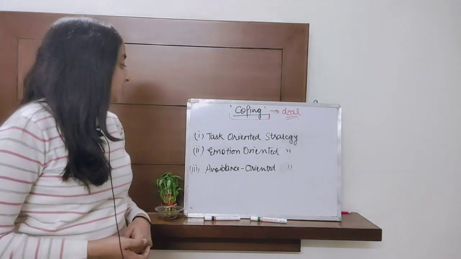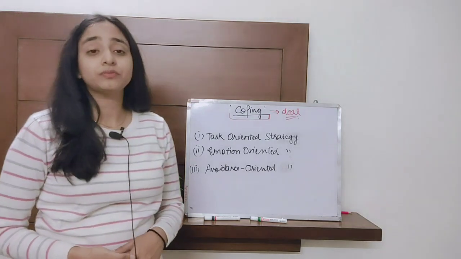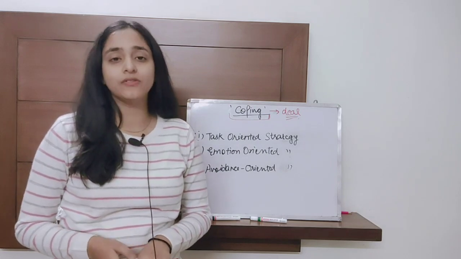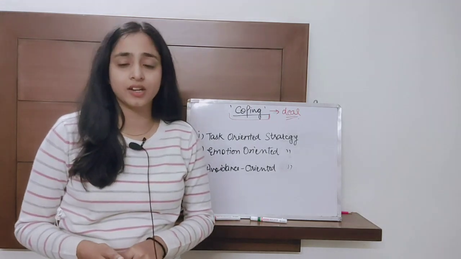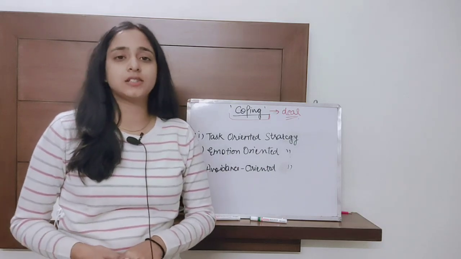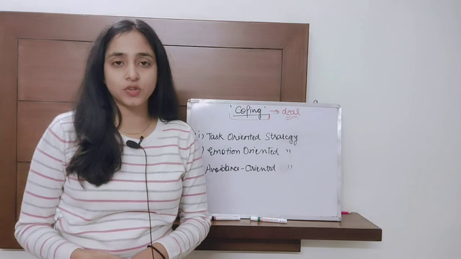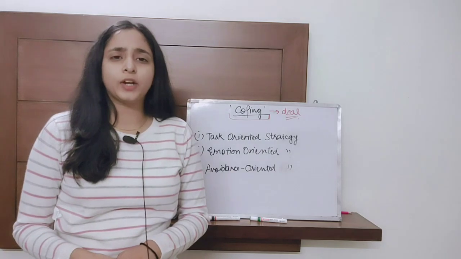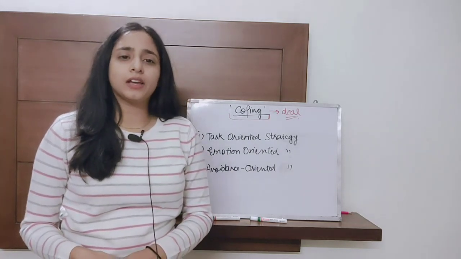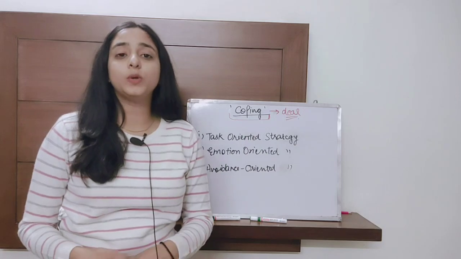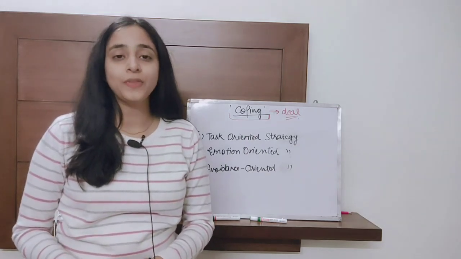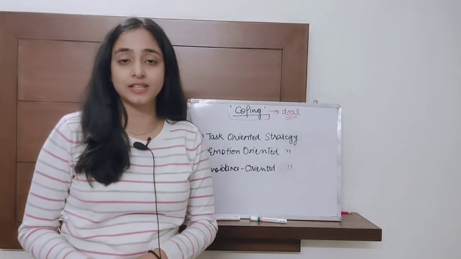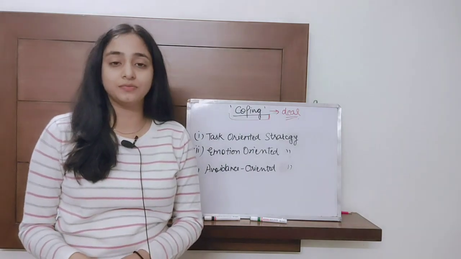And the third strategy is avoidance-oriented strategy. Avoidance-oriented strategy is not considered a very great method to deal with stress, because it works only to a certain extent. Why? Because a person avoids the situation, neglects the situation of stress, and completely denies it. It can be done by talking to a close one, it can be done by spending leisure time, but ultimately you have to deal with that particular stressful situation, which can only be possible if you work out another method of dealing with stress instead of denying it or neglecting it.